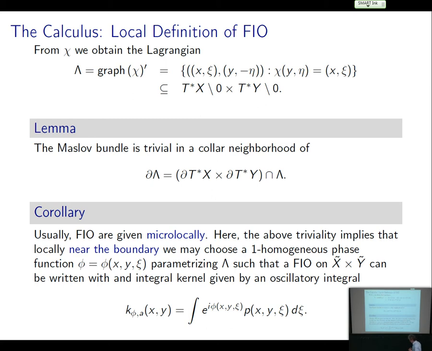Okay, this has a nice consequence. It has the consequence that you can work a little bit easier with these operators, namely, usually you pick these phase functions parametrizing it, and this phase function you have to pick microlocally. So you localize not only in x, but also in the xi space, where you go to cones. So in this case, you still have to localize to a neighborhood of a point x, but then you can take the whole cotangent bundle and write the operator as an integral operator in this form. You have a kernel with a phase phi and an amplitude A, and oh god, this should,